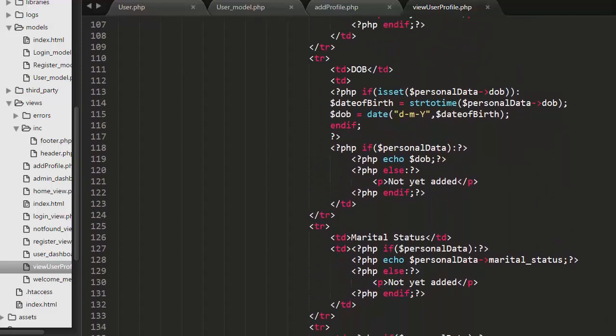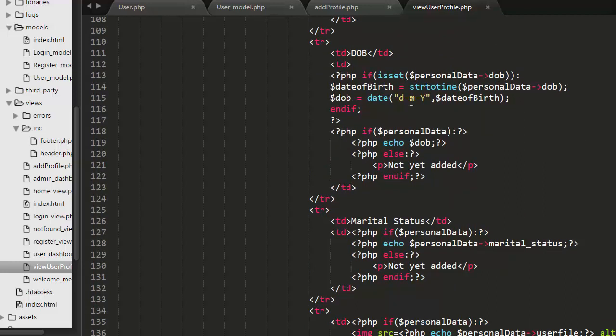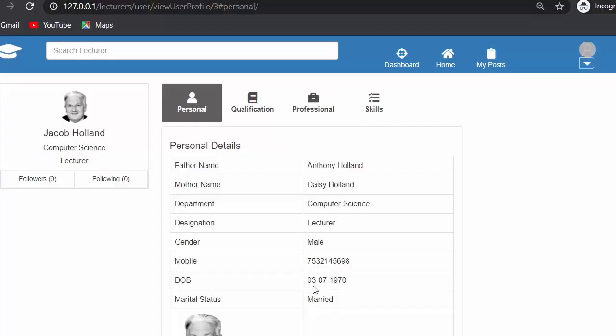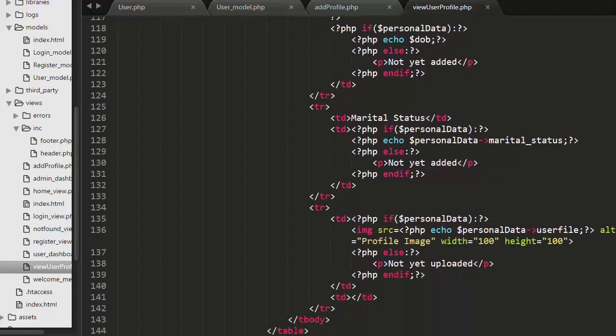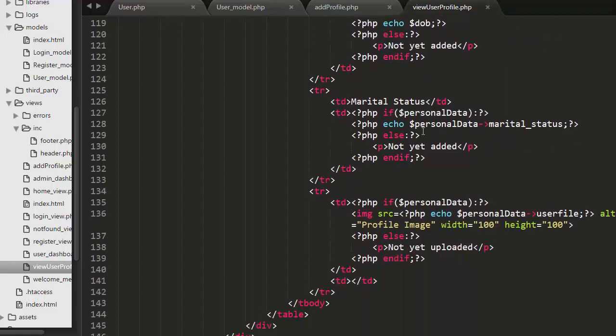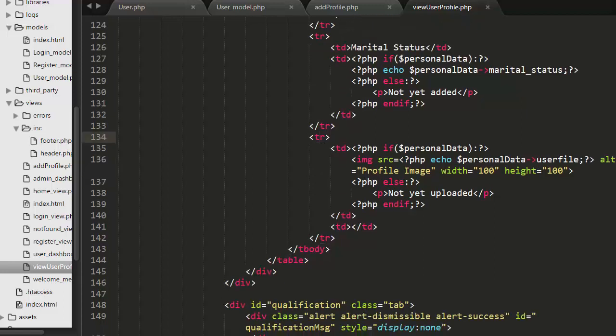Okay, here I have changed the format of the date in the form of day, month, and year. I want to display the date in the form of day, month, and year. That's why here I have changed the format of date of birth. So here I have displayed the date of birth and then marital status details, and then lastly I have created another table row for displaying the image. Okay, so this is how I have created